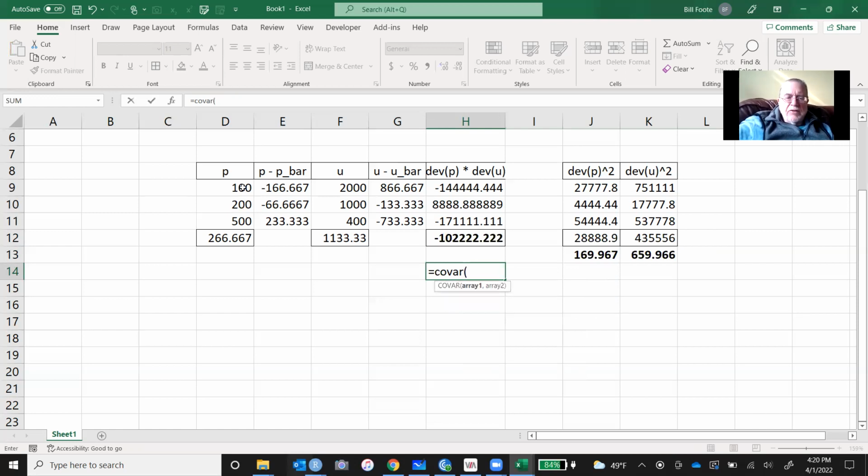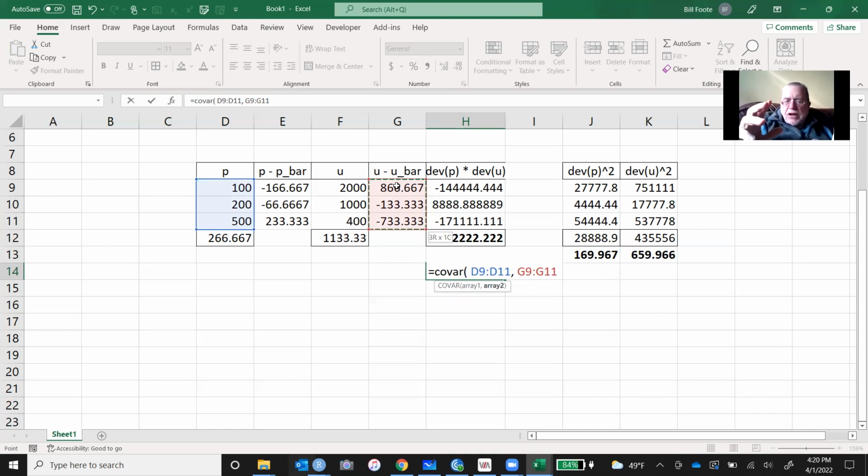And it's the covariance of this list of prices against this equally long list of units. Now, it's extremely important that these are pairs. I can't change it because I'm looking at the relationship of one versus the other. So I have to preserve the pairing of 100 with,